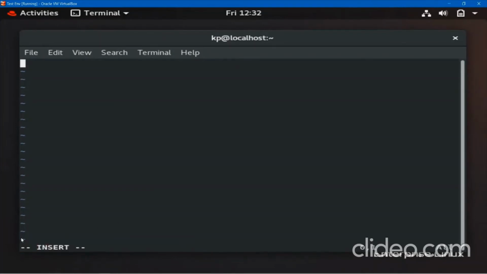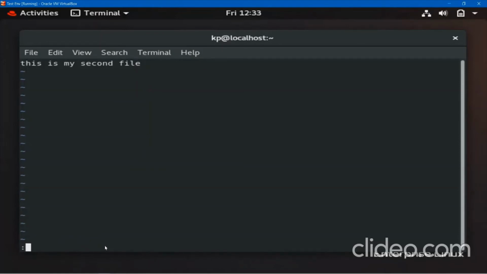Okay, so now it is in insert mode. Now anything I type is possible. This is my second file. Now I want to save and close it. First of all, I want to save, then I will close. So from insert mode, I have to go to control mode. You can press escape. See here, insert removed. Now you are in control mode, then press colon.